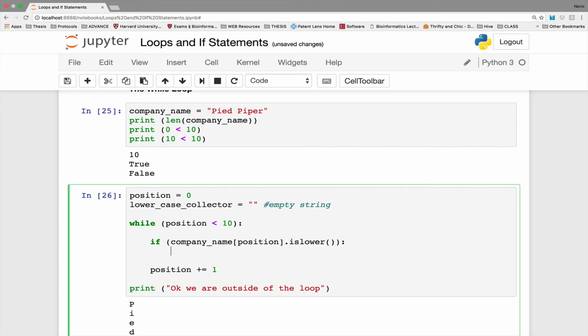Okay. So what did I say? I said that I'm going to, and by the way, I just typed lower and then I pressed tab and it just finished filling up the variable name for me. I didn't type everything. You can do that kind of stuff. So lowercase collector,